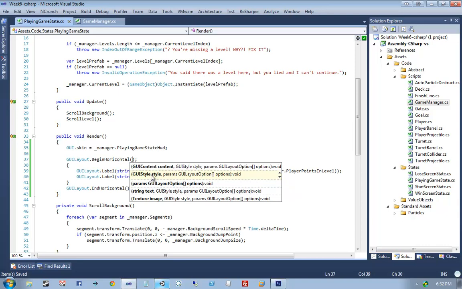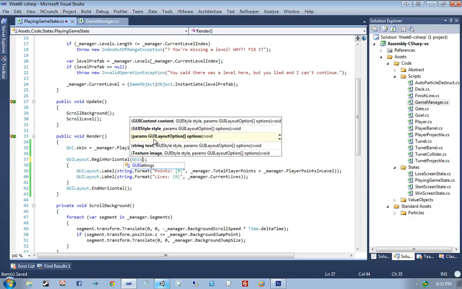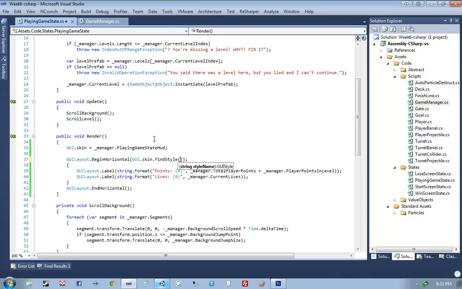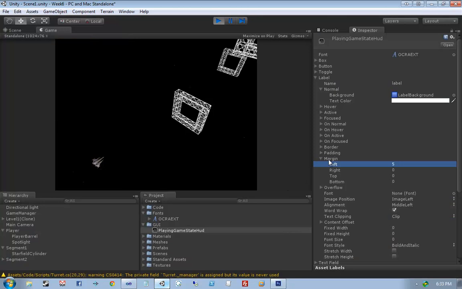So I'm going to go ahead and do that because I want there to be a background image on our horizontal and I want there to be some padding. So I'm going to pass in begin horizontal GUI.skin.find style, and I'm going to pass in header horiz. So what this will do is pass a custom style called header horiz into the begin horizontal method. To actually go about defining this custom GUI style, I can jump back into the inspector,